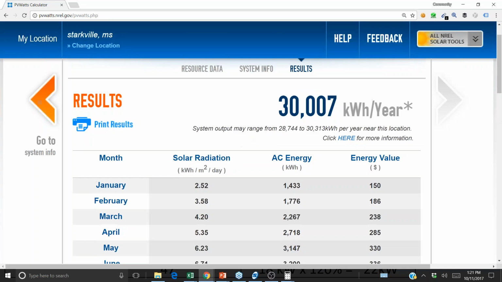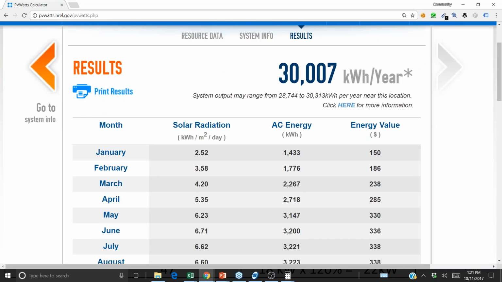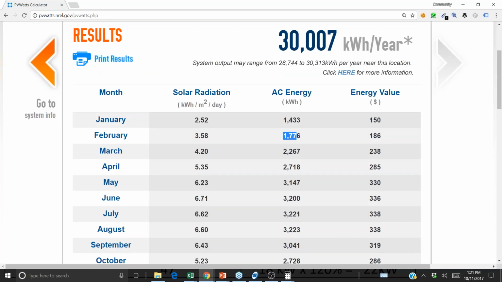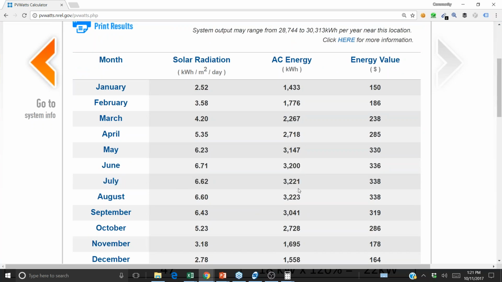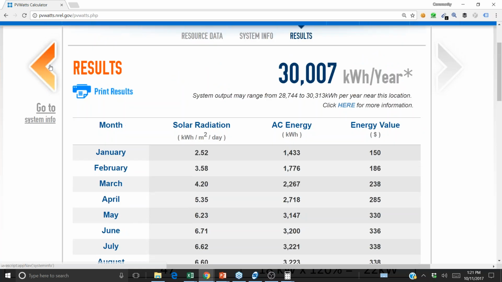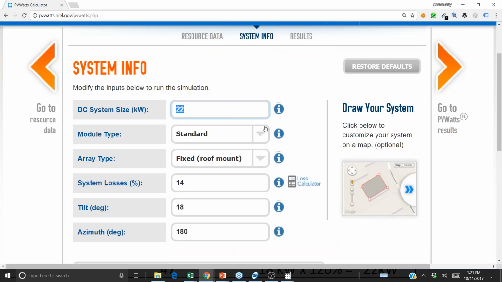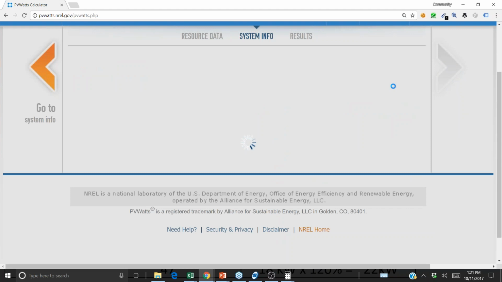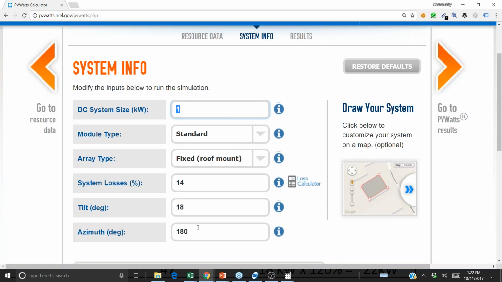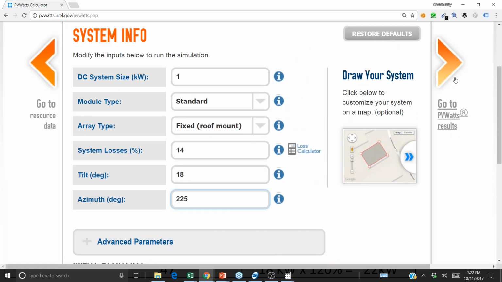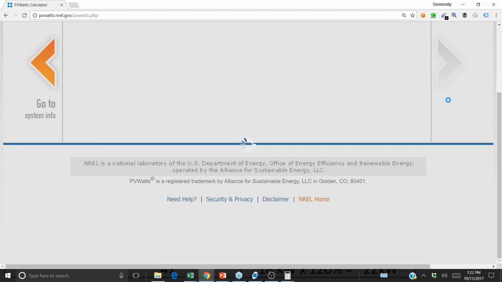You click go, and normally in PV Watts, this is where we get to our month by month output of how much energy the solar array will produce. And in the solar class, I recommend doing a PV Watts calculation just for a 1 kilowatt solar array, because if I know in Mississippi 1 kilowatt will produce 1,364 kilowatt hours,